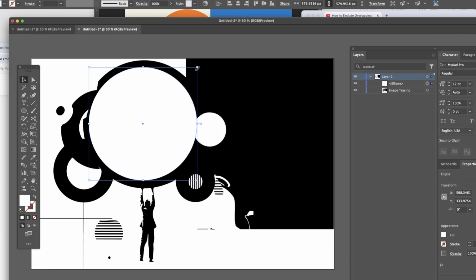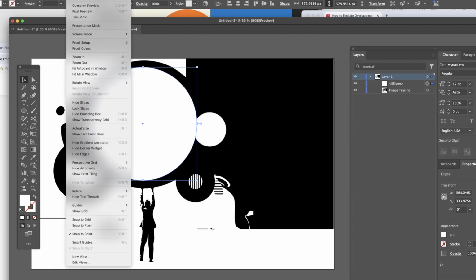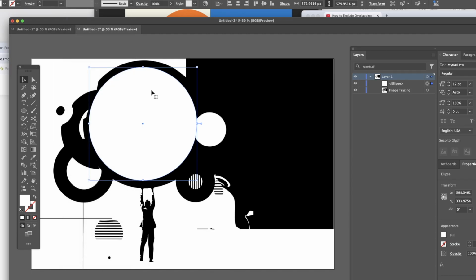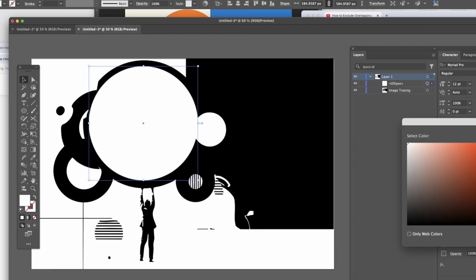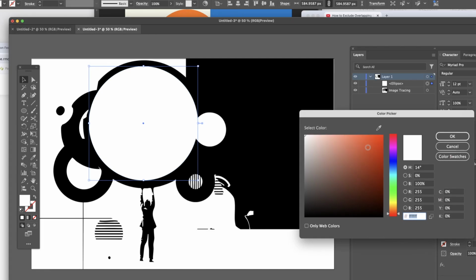Okay. And make sure you have bounding box, view, bounding box on. It's over here somewhere. I did not have that turned on. Here we go. Make sure you have bounding box turned on. That way you can transform the size of this. And you hold down the Shift key. It's the exact opposite of Photoshop. Hold down the Shift key. And if I want to change the color there, I double click here, and my color picker comes up. And I can go with, I'm picking a